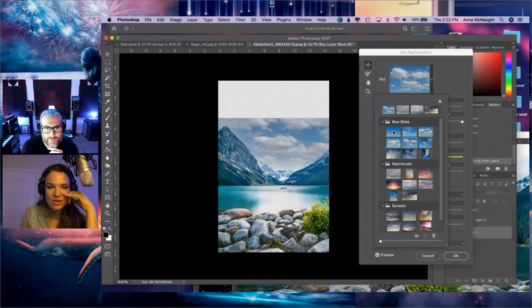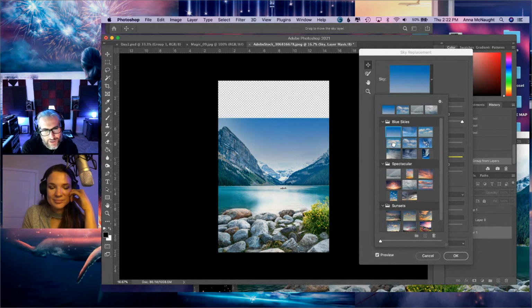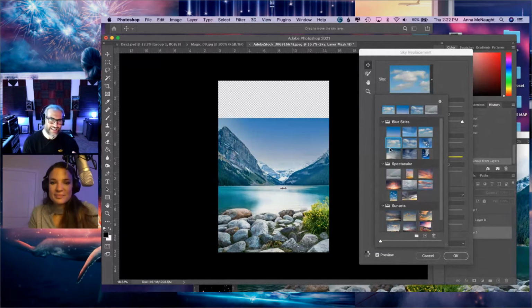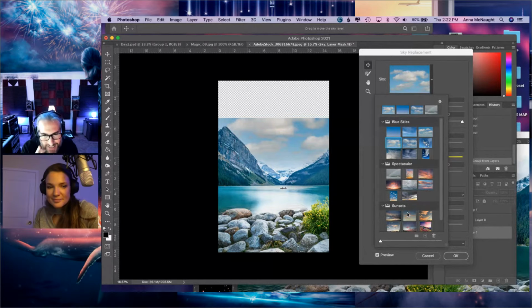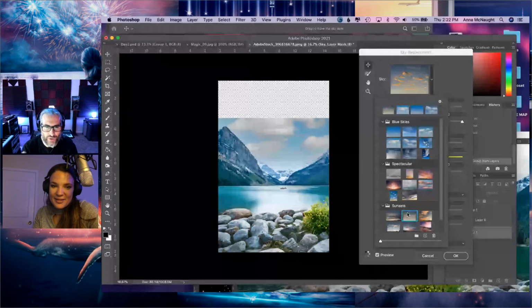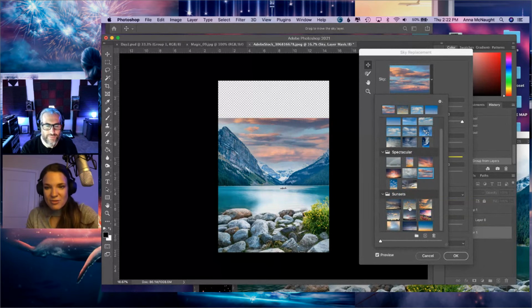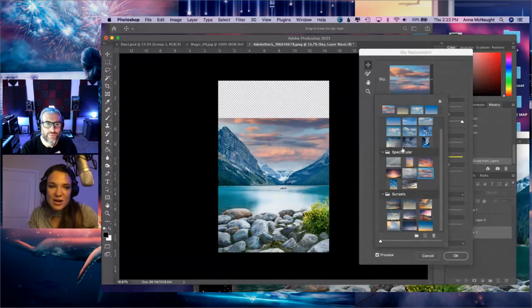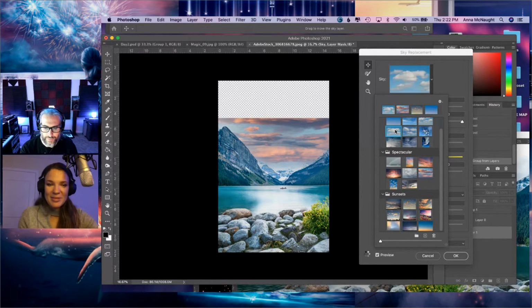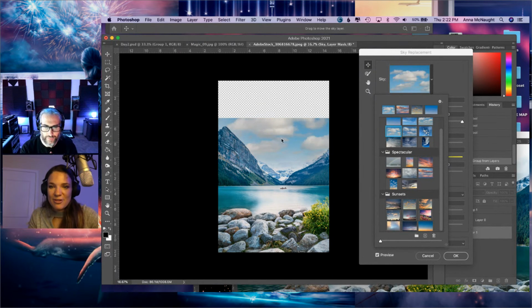I'm not even sure what time of day this is. Well, that's what I was going to say. I'm not sure. This has already been color treated, so it's hard to tell if it was midday or if it was sunlight, like morning. It's very hard to tell, but it was obviously already color treated. Right. Yeah, you would know. That's sometimes what I find hard with some photos that you'll find on Adobe Stock. They've been so color treated that you're like, wait, how do I composite this? I'm not sure what time of day it is, what angle it's from. And so it's just kind of a matter of filtering through everything.